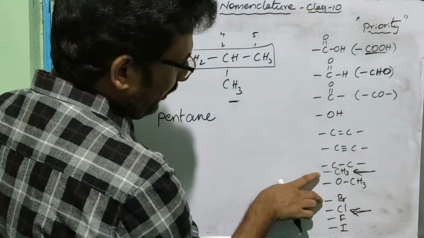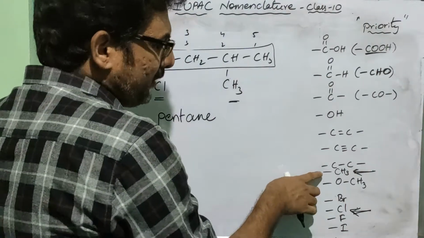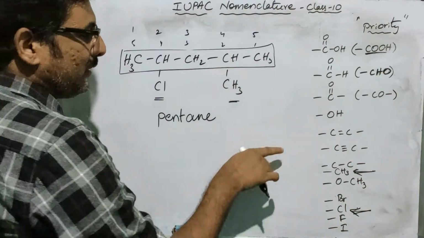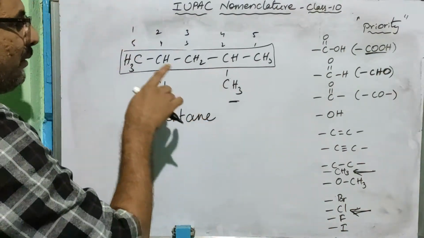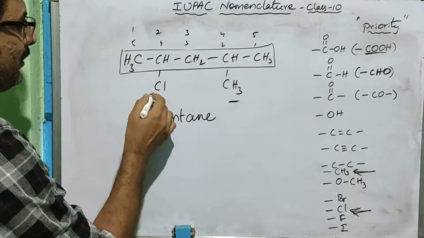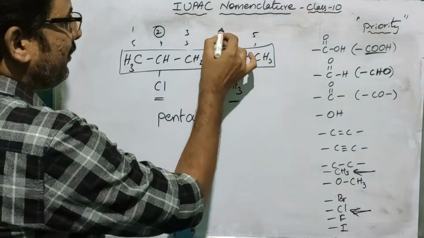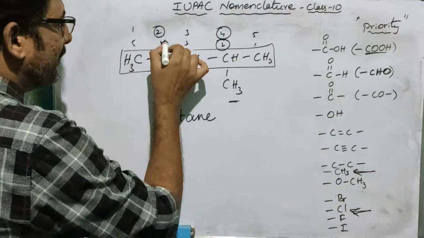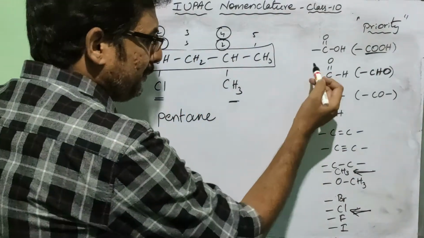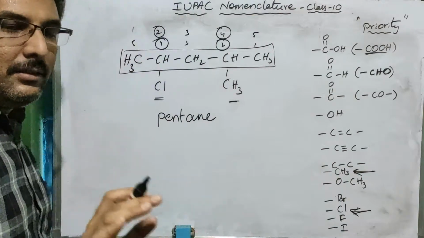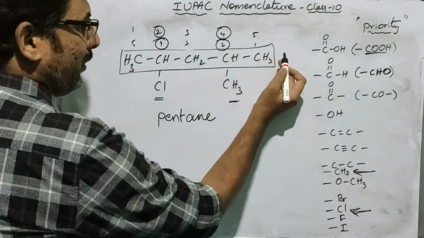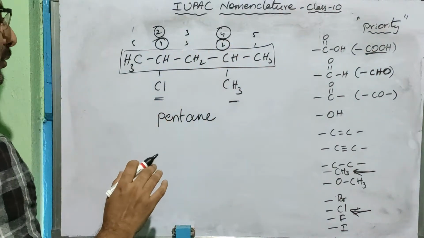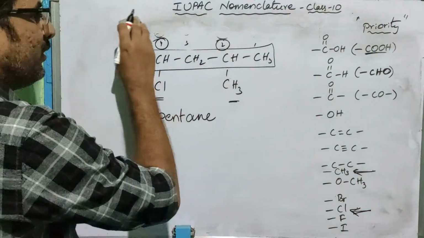So between chlorine and methyl, that is CH3, CH3 is on the top. It is placed above this chlorine. So CH3 should get the least number. If you give numbering from left to right, chlorine is getting 2 and methyl is getting 4. But if you give numbering from right to left, methyl is getting 2, chlorine is getting 4. So as per this preferential order, methyl should get the least number. So from right to left is the correct method of numbering the carbon atoms.